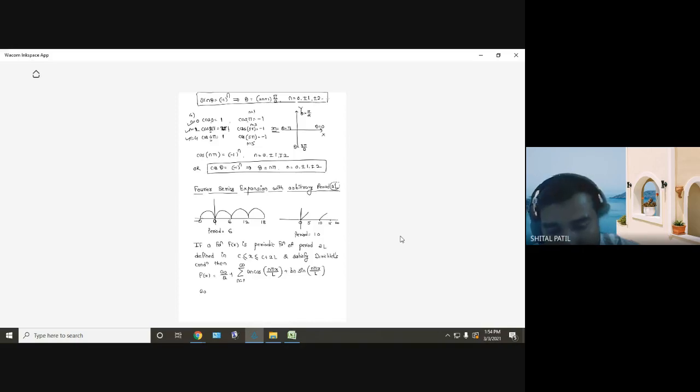Where a naught, a n and b n are known as Fourier coefficients,